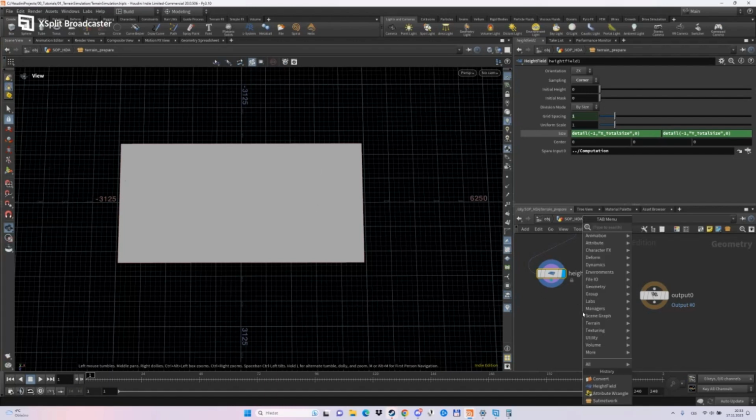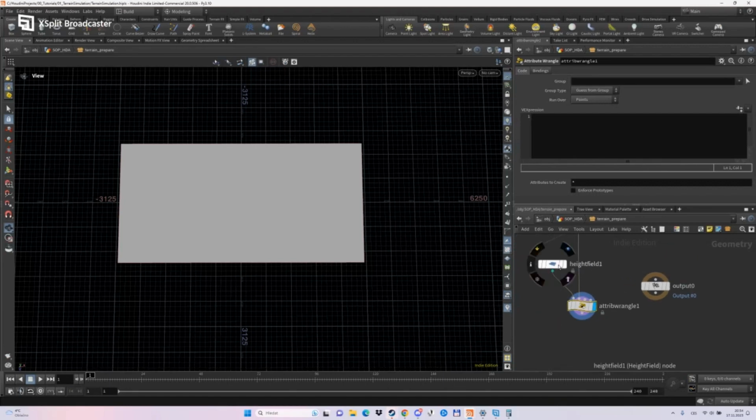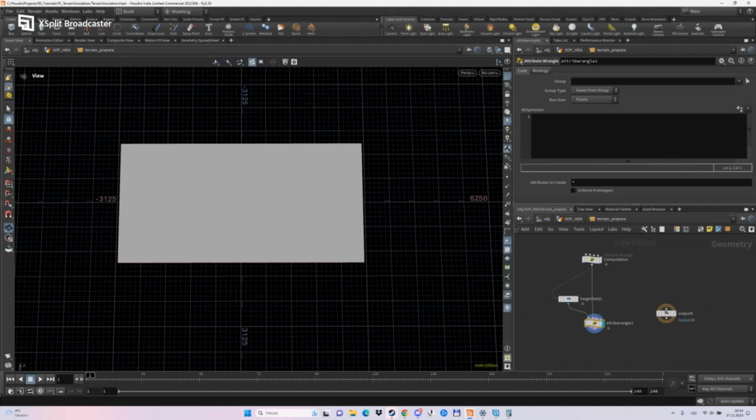So here we will use another wrangle, and we will write some values directly to this height field, because later on it will be split to parts, and this terrain can use some attribute we already made for inner computation, and we don't need to promote to work item and later on copy to parameters, and that then